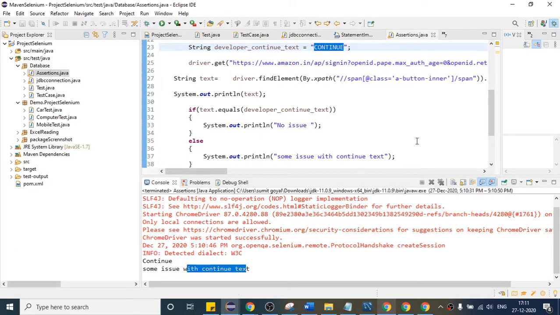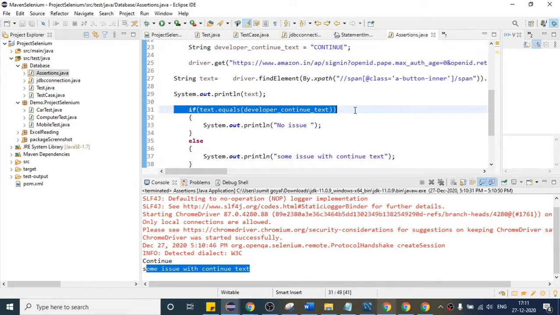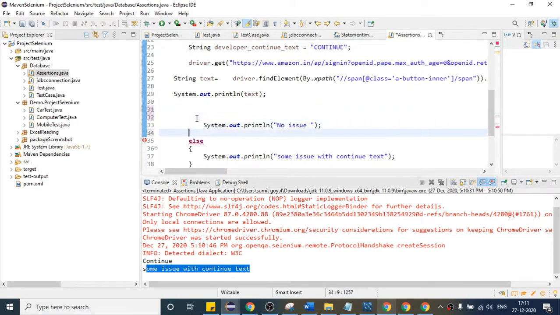But here you can see, if we have to write one test case, it should fail immediately. It should fail with some issue instead of just printing this text, right? So instead of using this, when we develop a framework, we will not use this kind of approach. We will use assertion, so that we put one validation point, and if the validation fails, our test case will also fail.